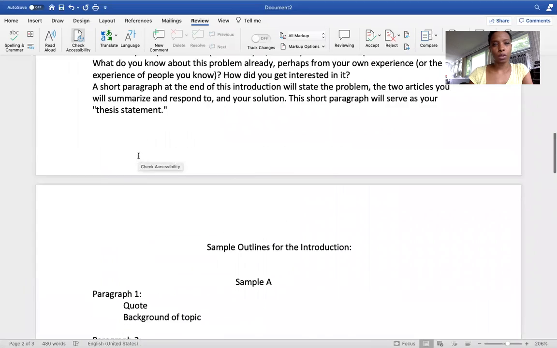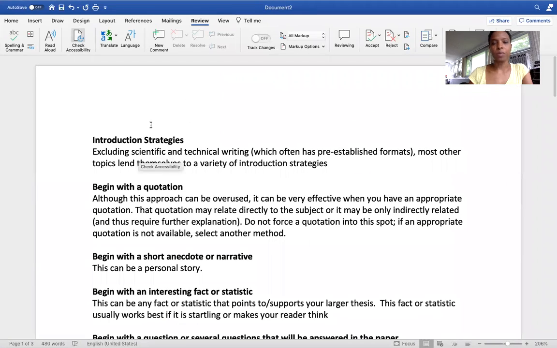So what we are looking at is some introduction strategies. There are all kinds of ways to construct an introduction. The one that you're familiar with the most, and the one that we've been concentrating on for these last couple of weeks, is using a quote to start your paper. That's fine. But that doesn't necessarily always work when you have these longer introductions, right?